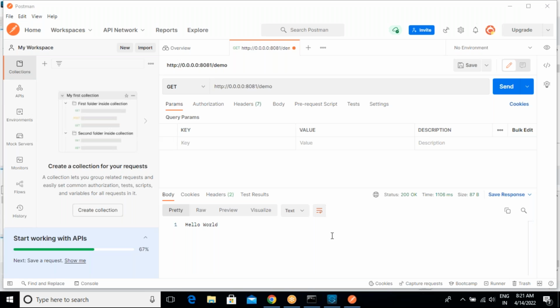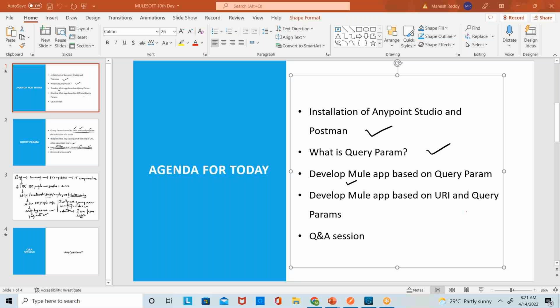I'll share my screen. Is my screen visible? Okay, and